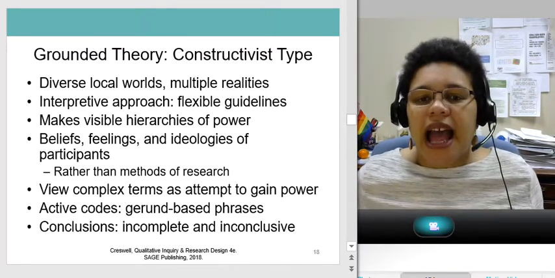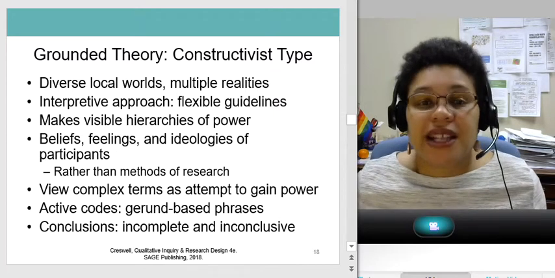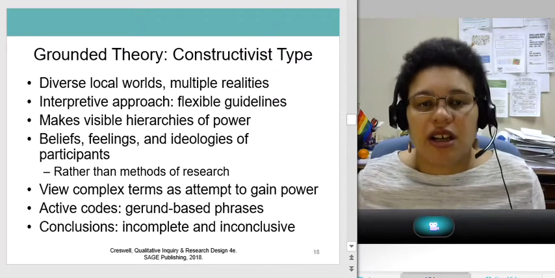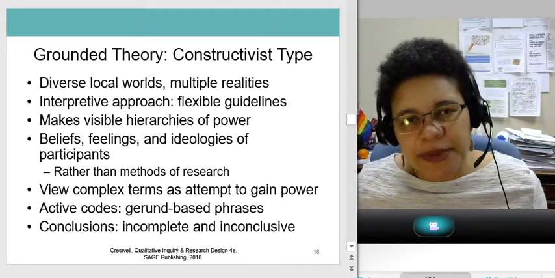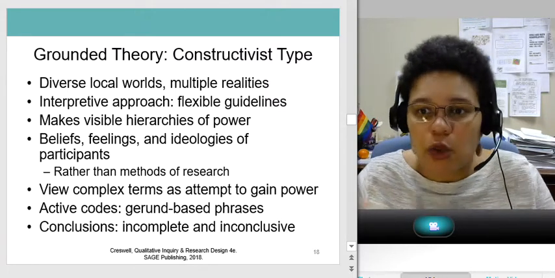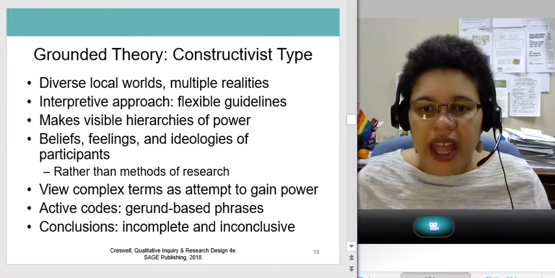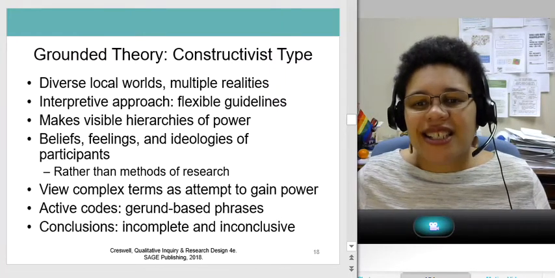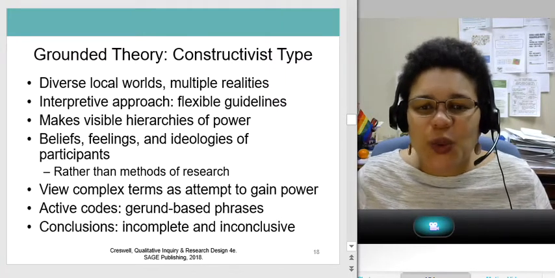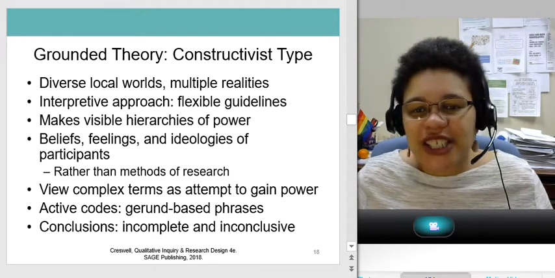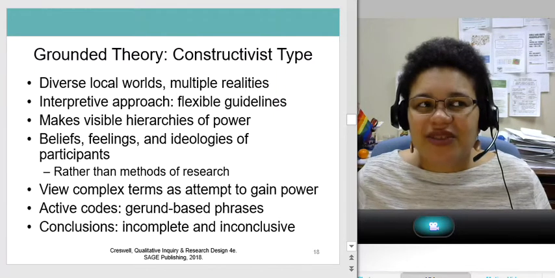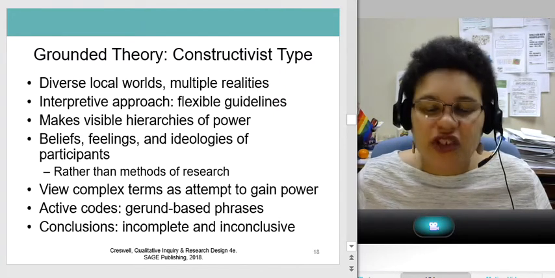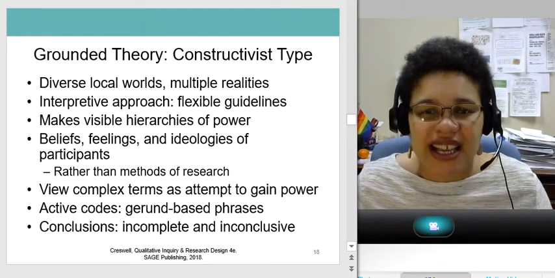We want to get at the beliefs, the feelings, and the ideologies of participants. So, more of a focus on the participants rather than on the methods of how we're doing this. And so we're not going to be using complex, inaccessible terms.